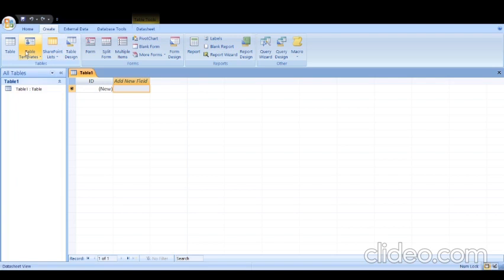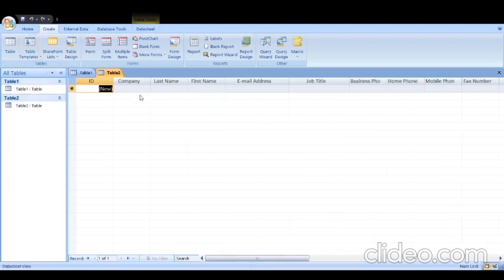So you need to click on template, whichever template you want to use, contact, task, issue, event, you can choose that. You can see the table is in front of me. I need to enter only the data.